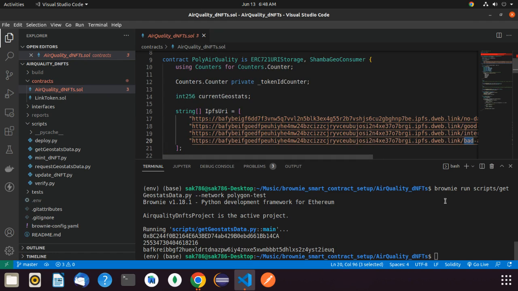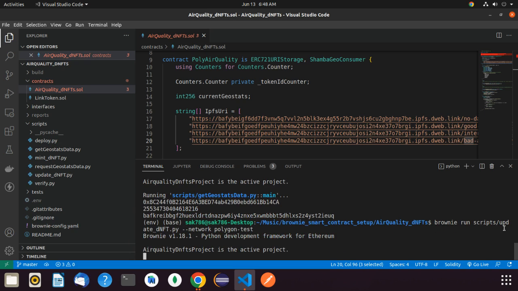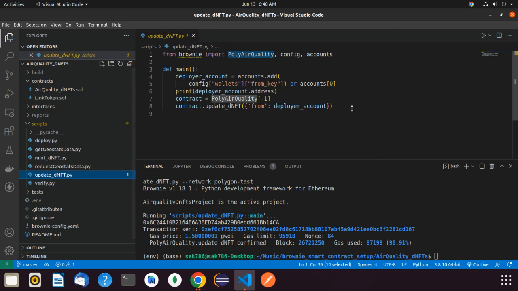So let's call the update dNFT now. We are calling it for this data that's being returned from the Oracle for the first test case. So update dNFT, yeah, let's just call it. You can see it's being confirmed. Now let's get back